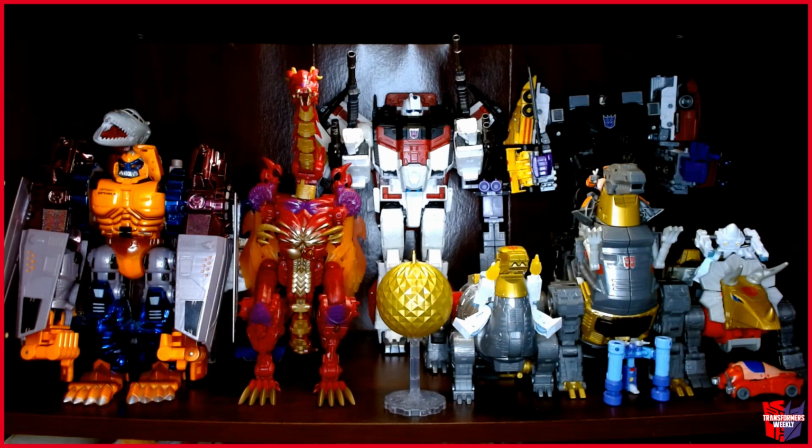Is one of the few I have yellowing on. One of his shoulders is actually starting to yellow. Then next to him, of course, is Grimlock, and he has that bogus wheelie on his back. Just a horrible idea all around, but whatever. And then, of course, in front of him is